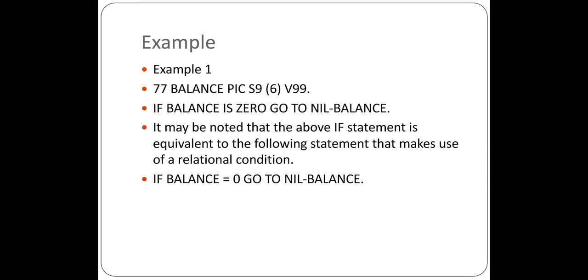It's very simple. Using the sign condition, suppose the value is greater than 0, it results in a positive value. Suppose the value is less than 0, it results in a negative value. So based on this we would be able to decide whether the operand is a positive operand or negative operand, or equal to 0.